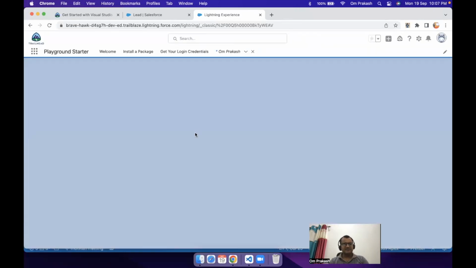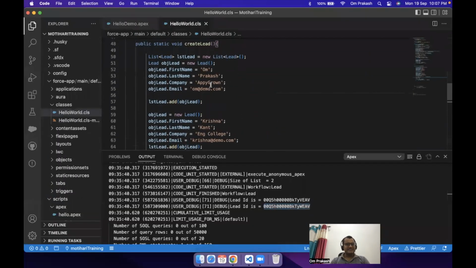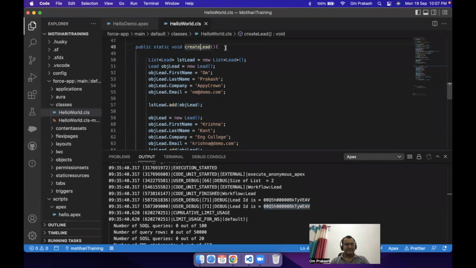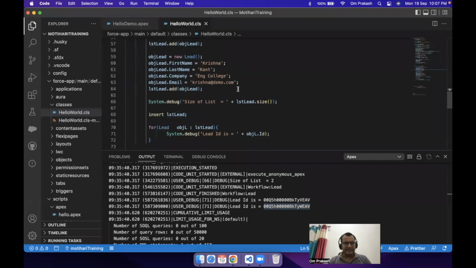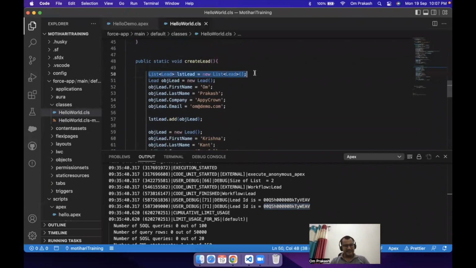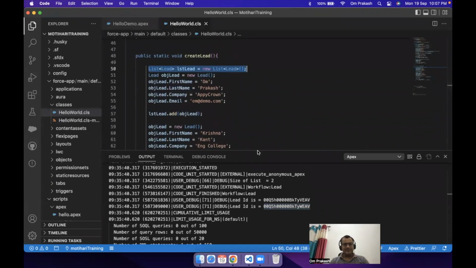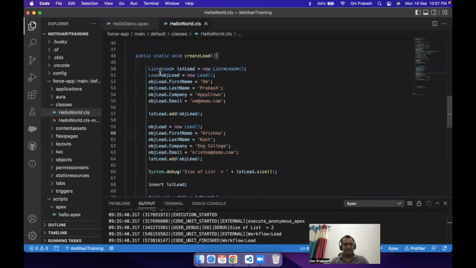हमने क्या सीखा, बहुत बेसिक कंसेप्ट सीखा, लिस्ट का यूज करना और लिस्ट के थ्रू लीड रिकॉर्ड बनाना। तो यहाँ पे हमने क्रिएट लीड बनाया। अभी के लिए इग्नोर हार्डकोर ओम प्रकाश यहाँ पे हो रहा है, जनरली ये सब डायनेमिक तरीके से होना चाहिए, बट डेमो लर्निंग के लिए कैसे रिकॉर्ड क्रिएट करना है, हम लोग यहाँ पे हार्डकोर करके ही रिकॉर्ड बना रहे हैं। कैसे मल्टीपल रिकॉर्ड इंसर्ट करने हैं, लिस्ट बना के। अब मान लीजिए आपको एक ही रिकॉर्ड बनाना होता है ना, अगर आपको दो रिकॉर्ड नहीं बनाना था, एक ही रिकॉर्ड बनाना था,